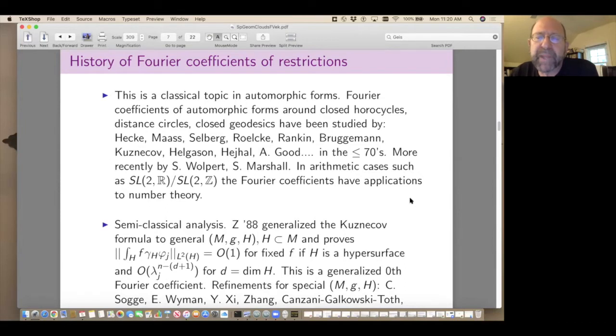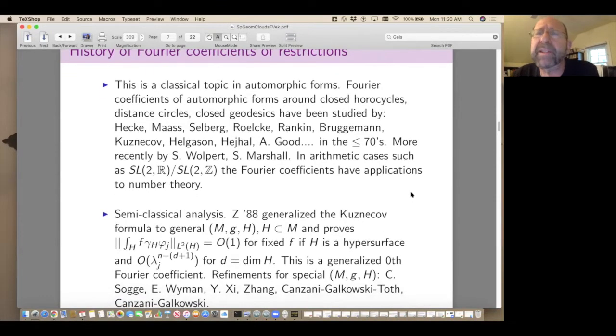More recently, Scott Wolpert had a series of papers where he studied these Fourier coefficients, and probably the best estimates on Fourier coefficients in arithmetic cases where you have Hecke operators is by Simon Marshall in the 2010s, I guess. So, the reason really why Bruggemann, Kuznecov, Hecke, Langlands, all these people were interested in relative